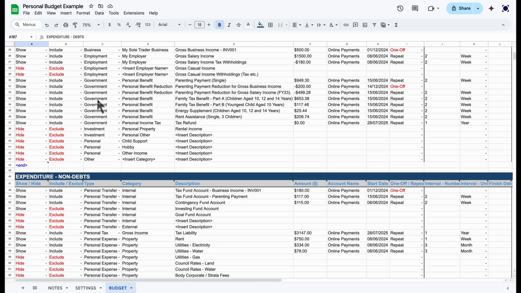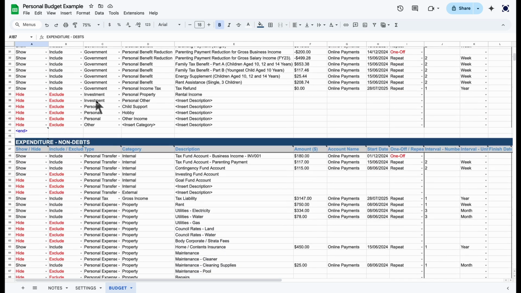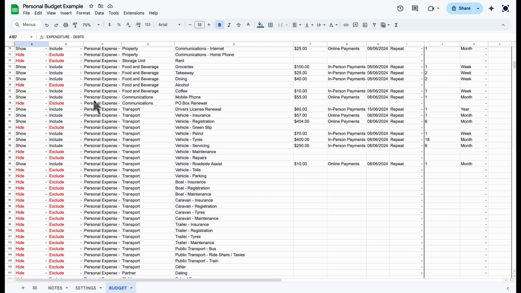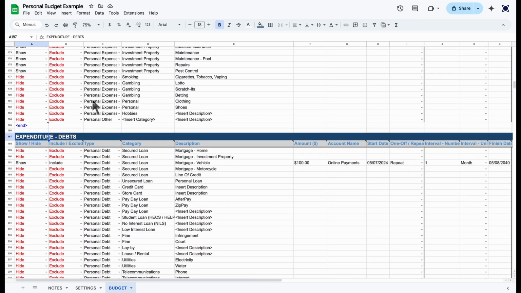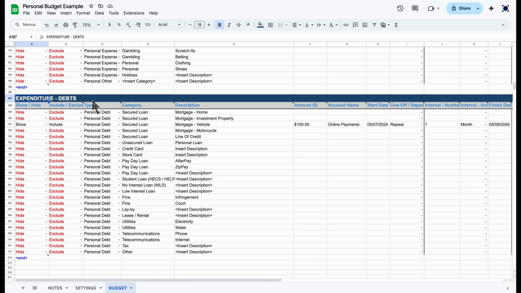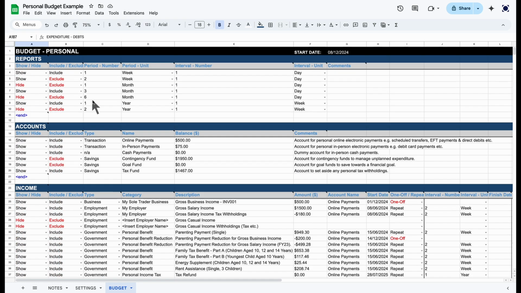The income table is for entering income. The non-debt expenditure table is for entering expenditure which isn't a debt. And the debt expenditure table is for entering expenditure which is a debt. Looking at the tables, each row in a table is a separate item, whether that be a separate bank account, item of income or expenditure, depending on the table you're working in, and each item is identified by a type,